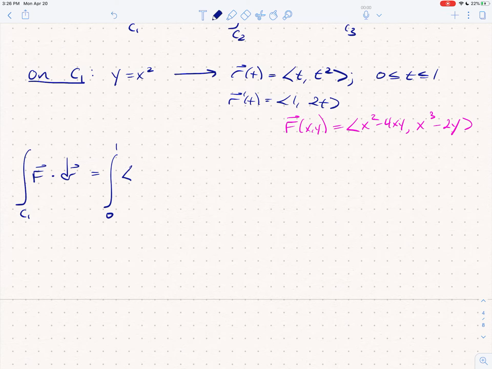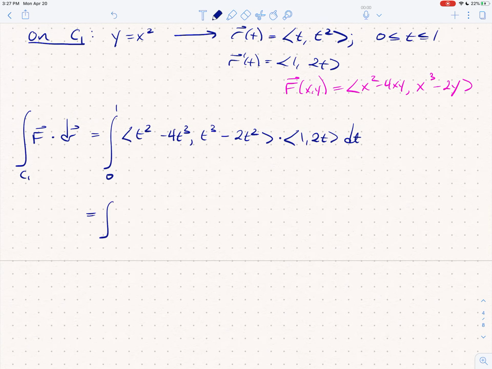x is going to be t, so I'm going to get t squared, and then minus 4t cubed. And then on the next one, I'm going to get t cubed minus 2t squared. And so that's that. Then I'm going to dot this guy with r prime, and r prime we got was 1, 2t dt. So I will take the dot product, combine like terms,